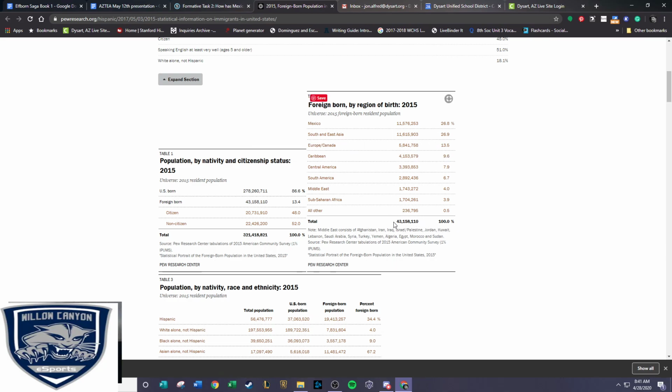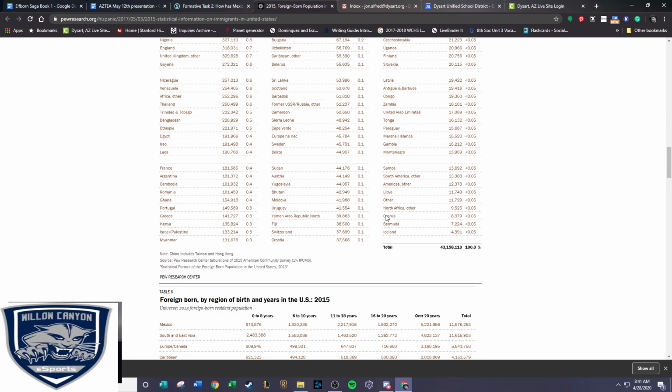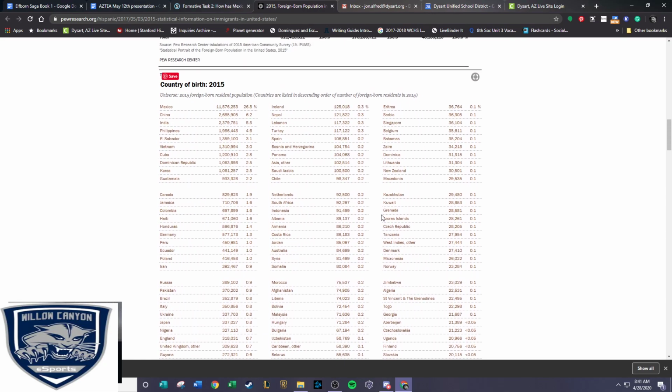But roughly 43 million people in the United States in 2015 were foreign born or born in a foreign country. Our total population in 2015 was 321 million, and roughly 13% of that was foreign born. 48% of those foreign born persons are citizens, and 52% are not citizens. And then population by nativity and race. And there's just a whole bunch of data. I mean, you can even break it down by country of birth. So you can see that Mexico has 11 million